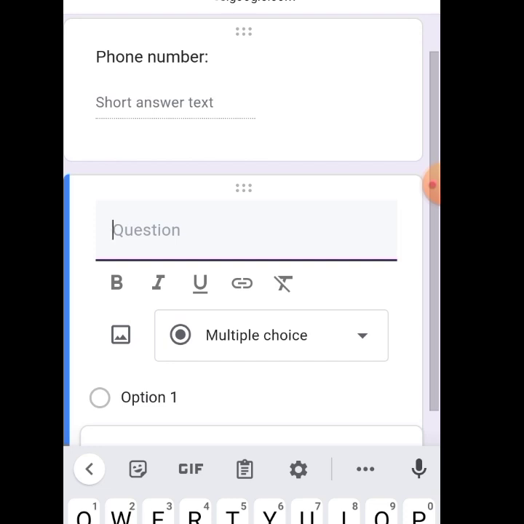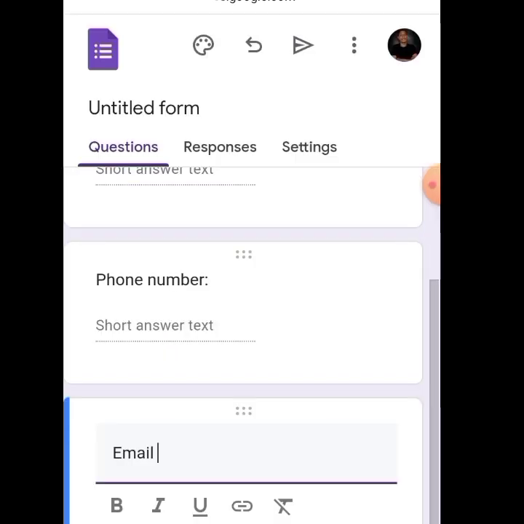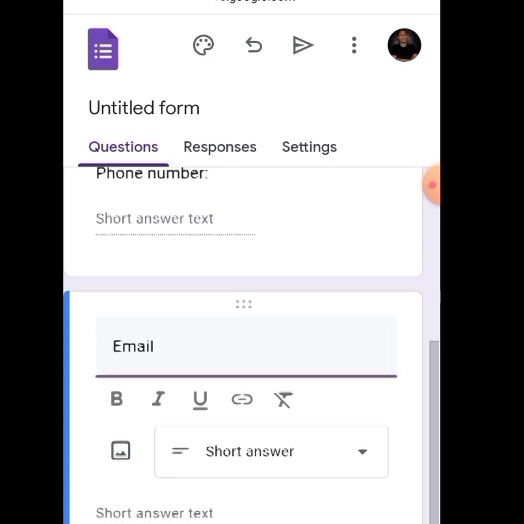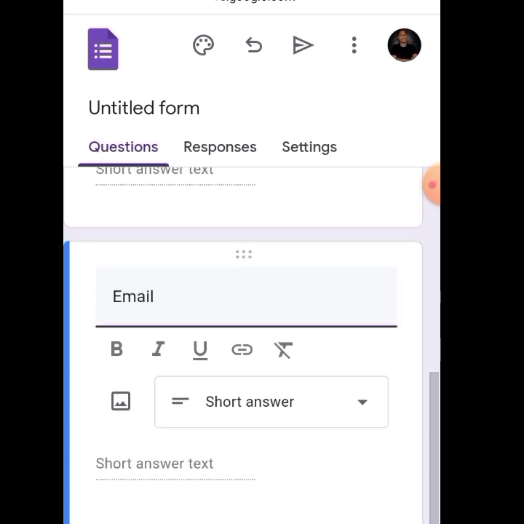So let's say their email address, email. Email address is still short answer because they have to type. So now we are done with the first section, which is personal information. Now we want to go to the second section, section 2,